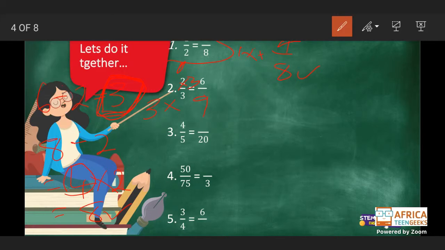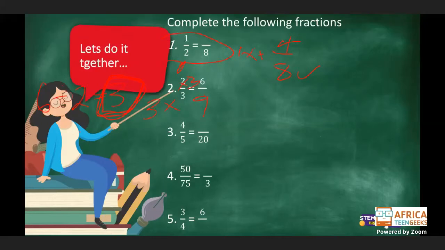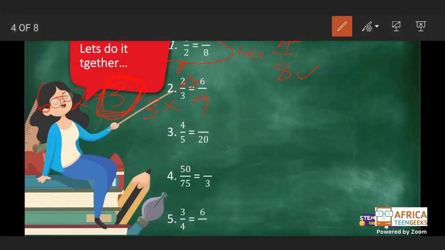So in this case, let's determine what is that particular number they used to multiply in order to get 20. In that way, it will be easier for us to get the numerator for the new equivalent fraction. So obviously we must divide 20 by 5,